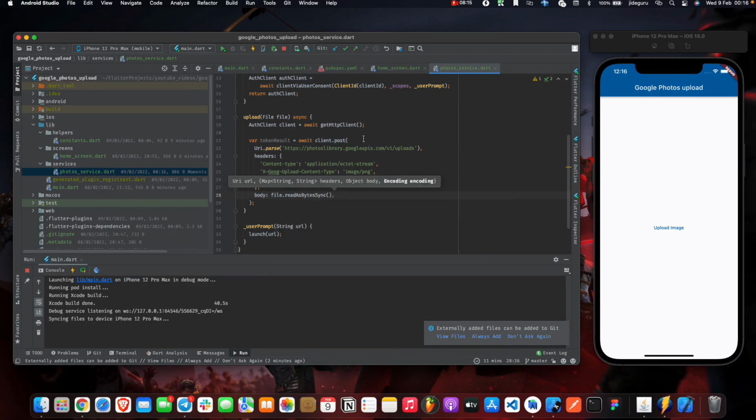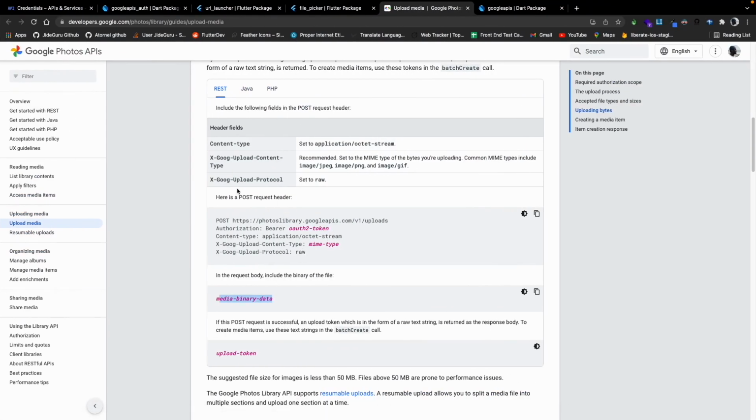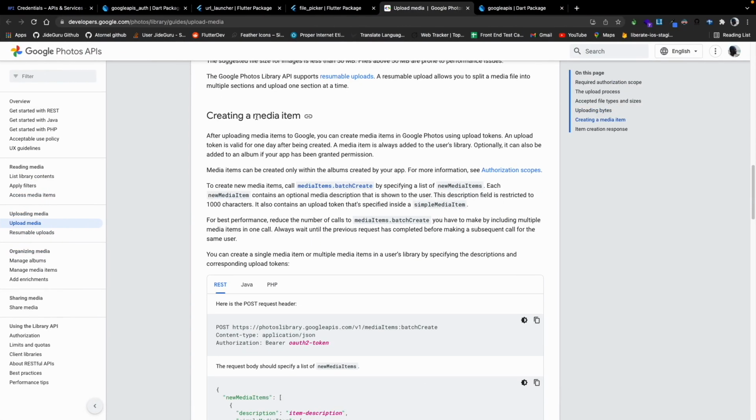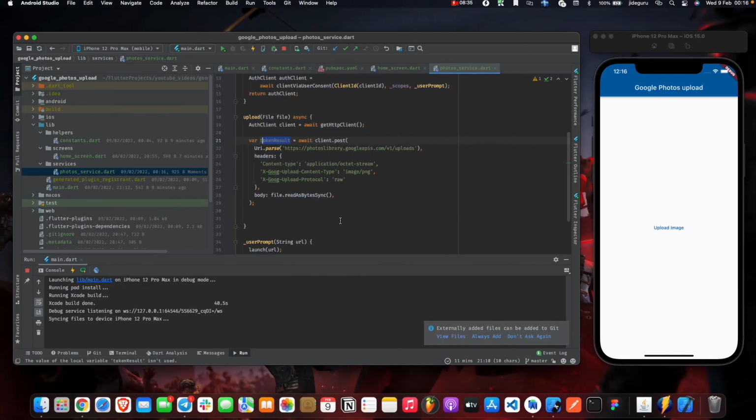So now, after we send this request, we're expecting the body to be a token. So this token results is what we are going to use now in our next request, which is going to be to create the media item. So creating the media item,